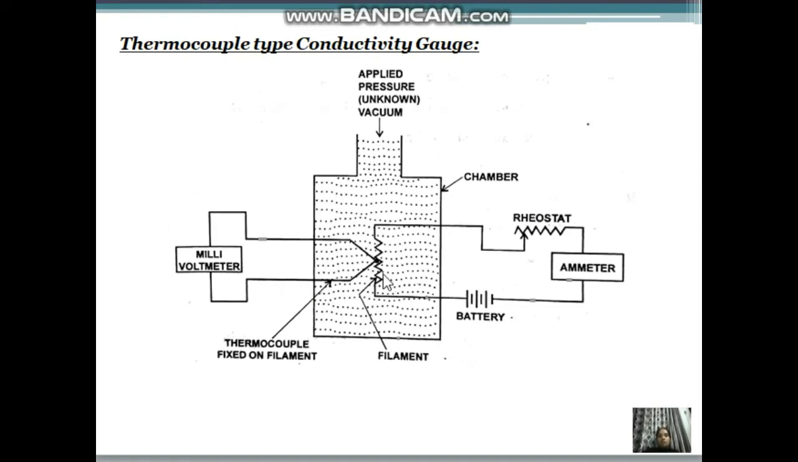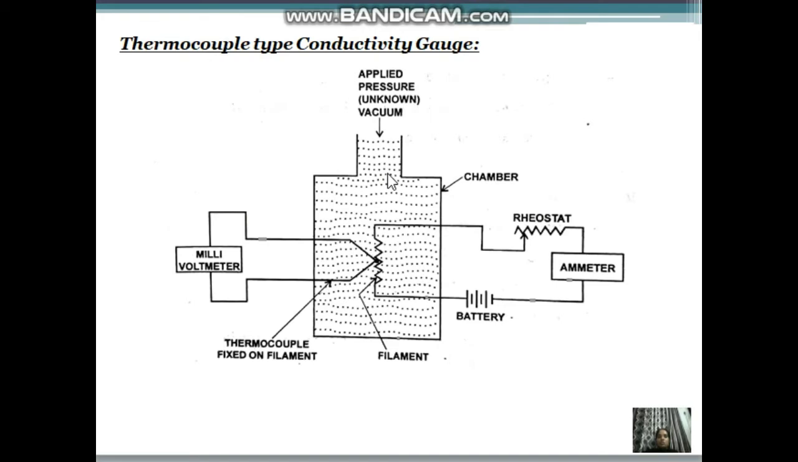So if you see the operation of this one, a constant current is passed through the filament in the chamber. Due to this current, the filament gets heated and the filament temperature is sensed by the thermocouple, which was welded to the filament. So now the pressure to be measured is connected to the chamber. Due to the applied pressure, the density of the surrounding of the filament changes. Due to this change in density of the surrounding of the filament, its conductivity changes, causing the temperature of the